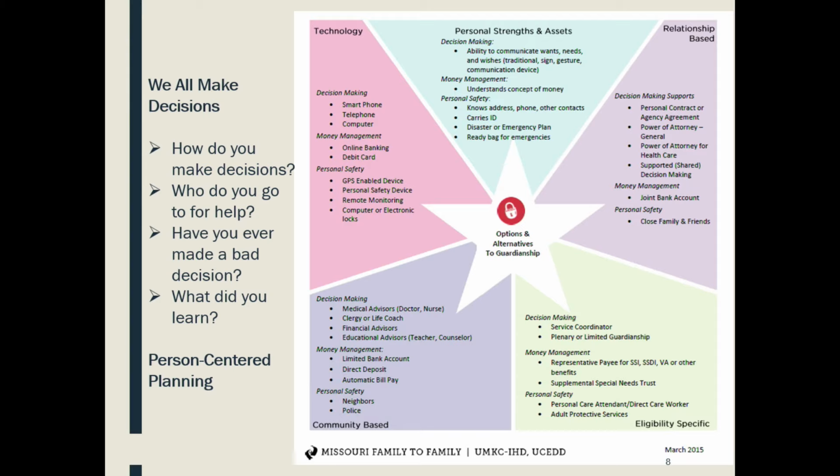How many of us were making really good decisions at 18, 19, 20? But we probably learned a lot from those decisions that helped guide us as we continued along our paths. So there's no reason why someone with a disability wouldn't also make less than stellar decisions at a younger age, but develop some of the skills needed to do that better.